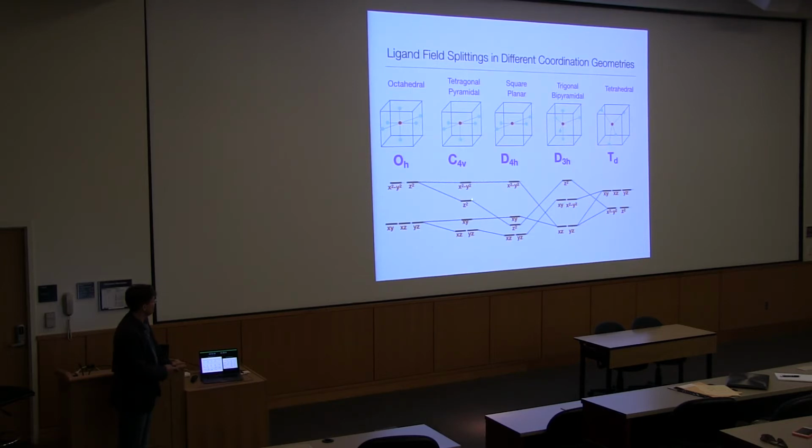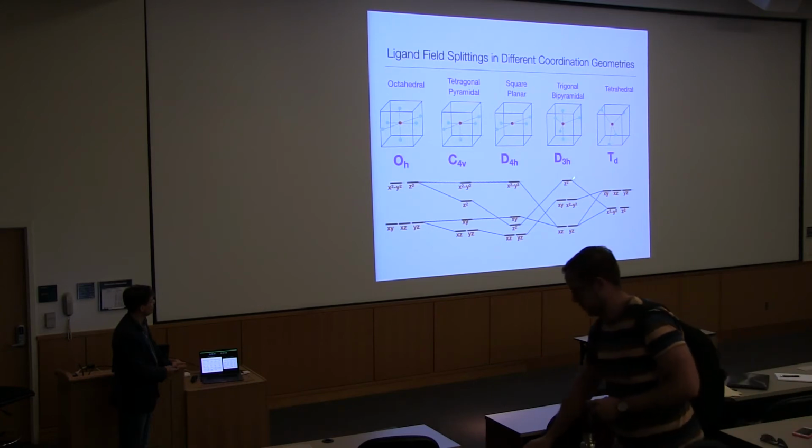The Z square orbital will further drop. Quite typically it drops below the XY orbital, but there are examples of either the Z square or the XY orbital lower, and the XZ and YZ orbitals will get even lower in energy. A totally different splitting pattern you get in a trigonal bipyramid, where you have XZ, YZ lowest, and XY and X squared minus Y squared, so two pairs of doubly degenerate orbitals, and highest in energy is the Z squared